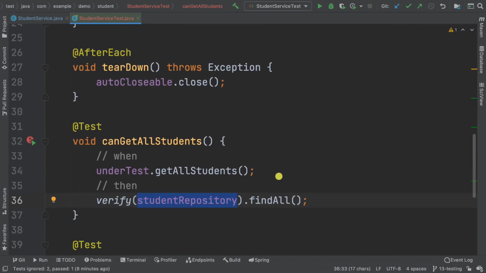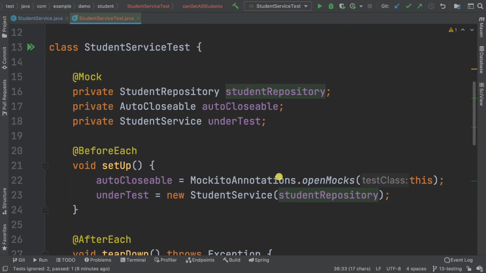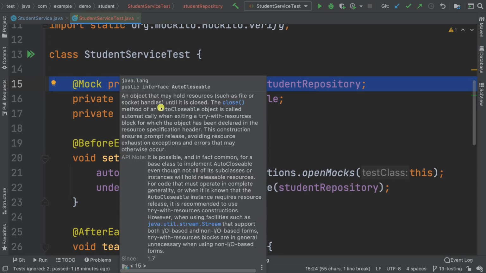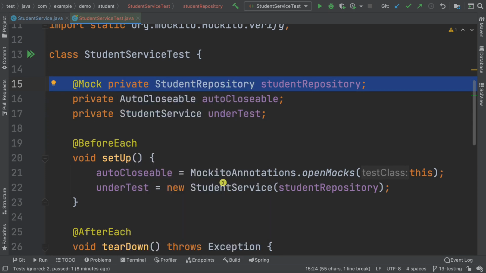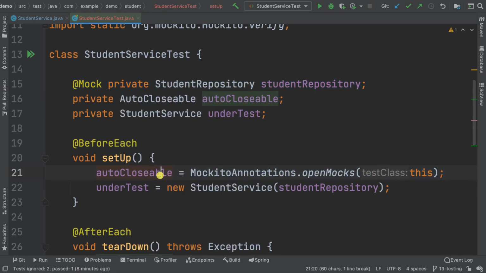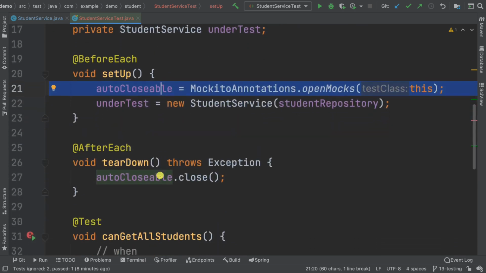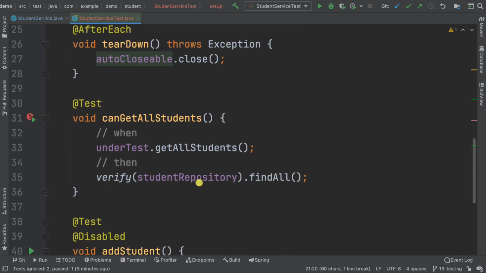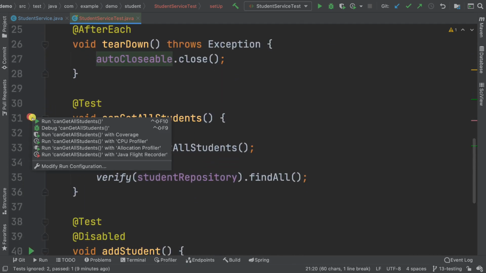So in here, this is what we're doing. So basically we have a mock for the student repository, and then AutoCloseable. And this is because of Mockito. And I'm going to show you a better way of doing this in a second. And then we have the after each, which we then close the resource. And this is our test. So if I run this test,